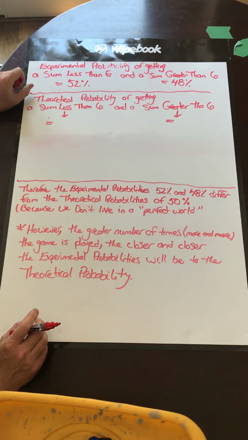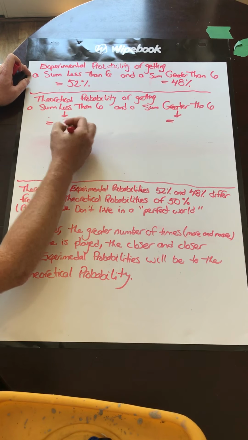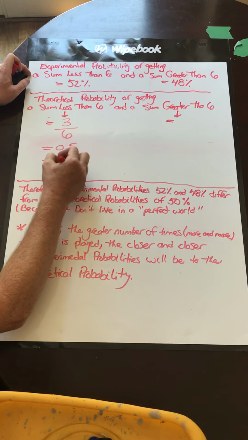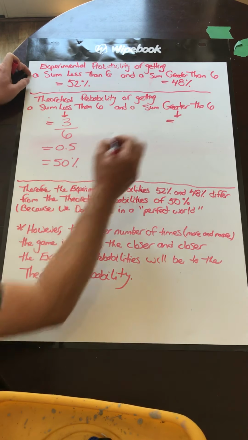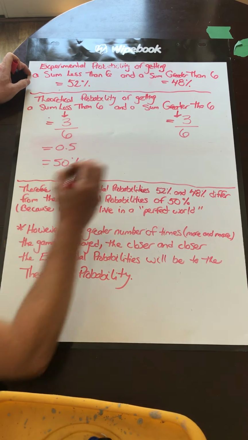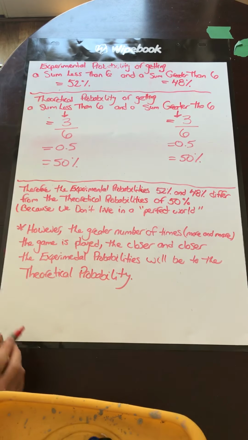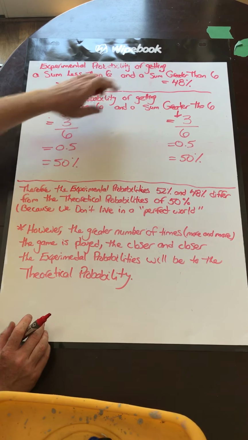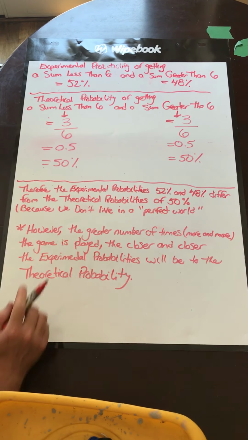And the theoretical probability of getting a sum less than 6 is, well, how many were less than 6? There were 3 favorable outcomes divided by the total number of outcomes, 6, so that's 0.5, which is equal to 50%. Again, getting a sum greater than 6, theoretical, is the number of favorable outcomes, which we saw in the tree diagram was 3, divided by the total outcomes, 6, which is equal to 0.5 or 50%. Okay, so when we look at this, we see 52% with experimental versus 50% with theoretical, 48% with experimental, 50% with theoretical. So they differ,